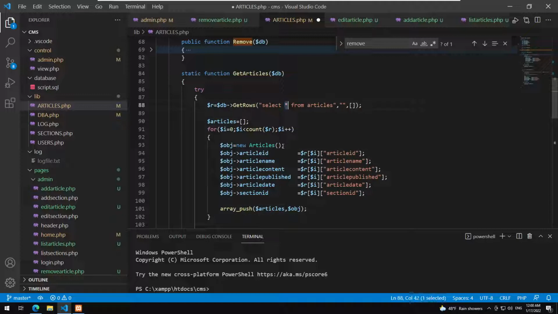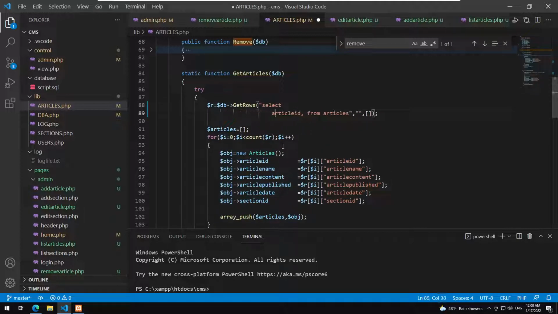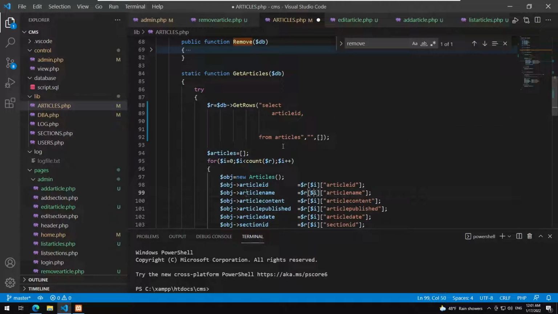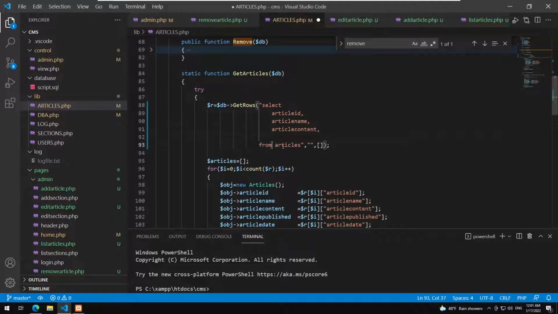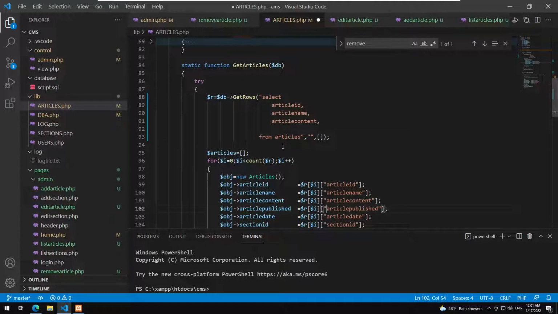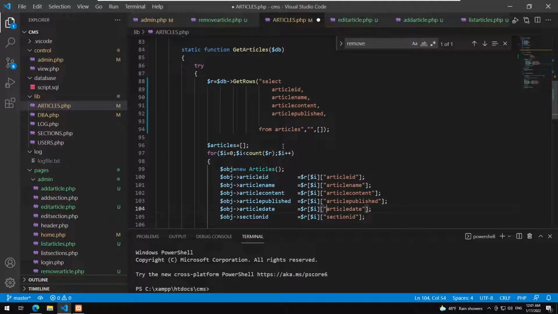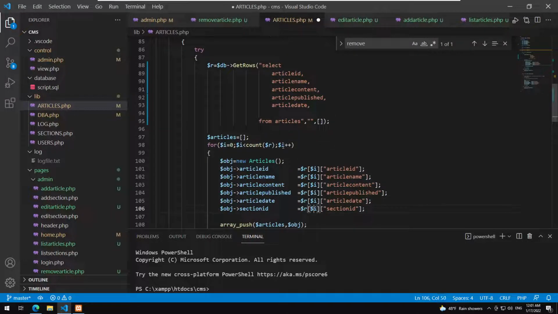So we have article ID followed by article name followed by article content followed by article published, we have article published followed by article date followed by section ID